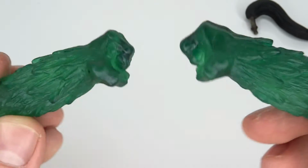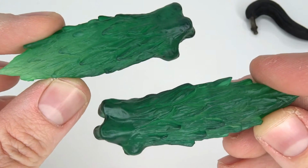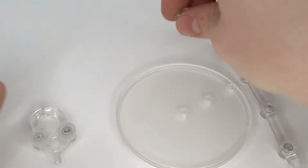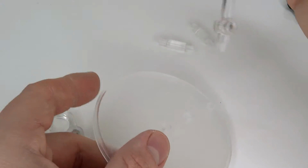2 fireball hands, which look weird, but that's how it looked in the game. It actually looks better how it was in the game. And then finally we got the extra little base. What that means is you got a little base, but unlike Figure Arts or other companies, you actually got all